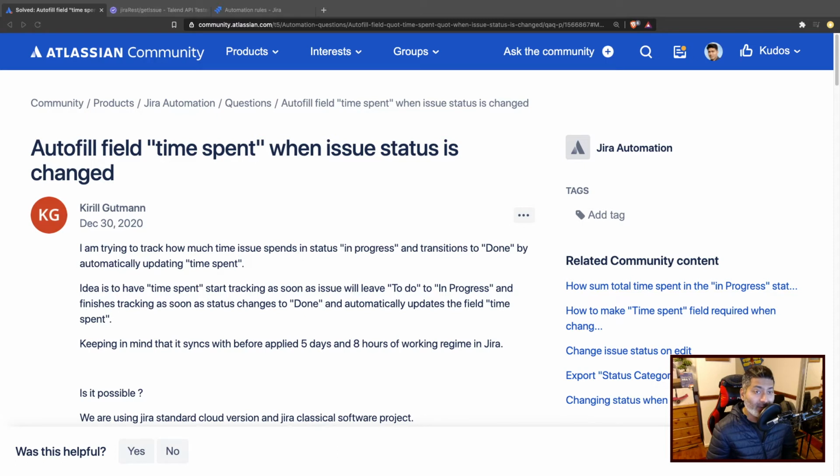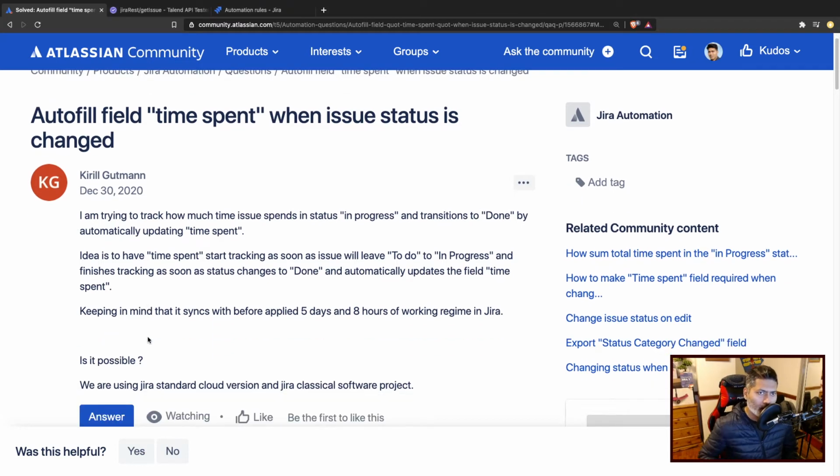Autofill field time spent when issue status is changed. I will summarize what this question is all about. This user, Kirill Gutman, I'm sorry for the bad pronunciation, but I wanted to mention the name. Now, this question is all about